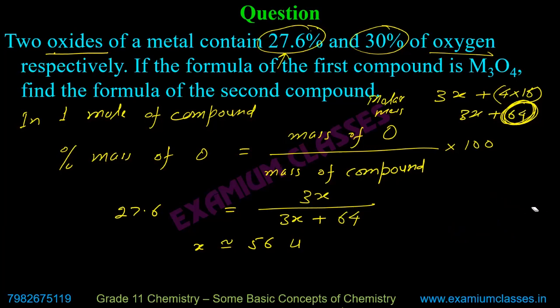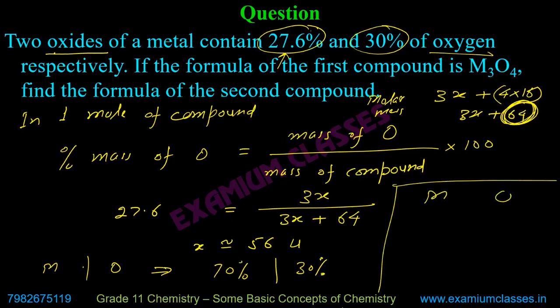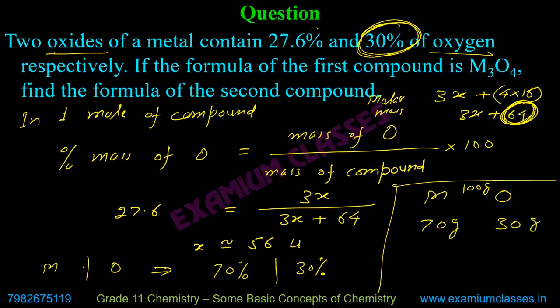Now this 56 I'll use in the second one. In the second case, it is 30% oxygen. So metal versus oxygen will be 70%, 30%. If I have 100 gram of the sample, metal will be 70 gram and oxygen will be 30 gram. And now remember,